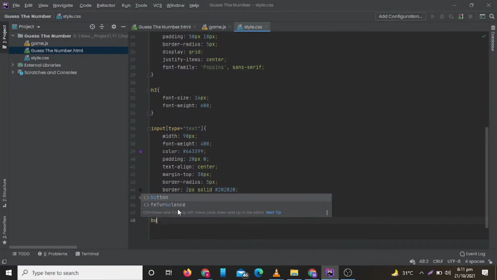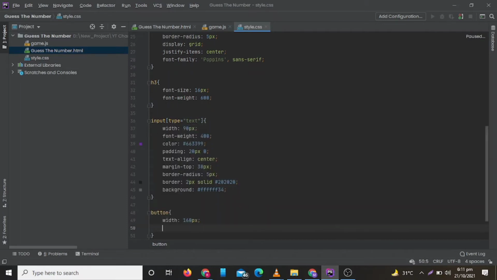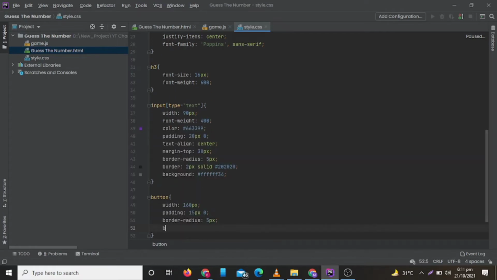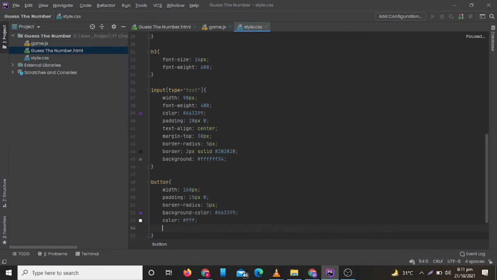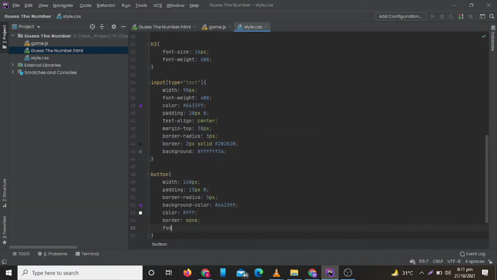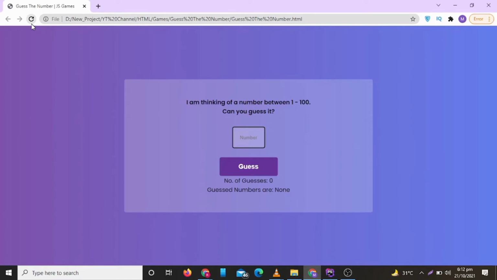Now let's write CSS for our button. So let's check now. So our button is looking good. Now let's add some margin at the bottom.